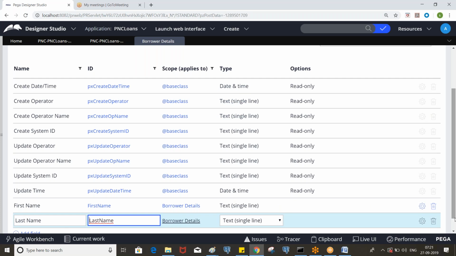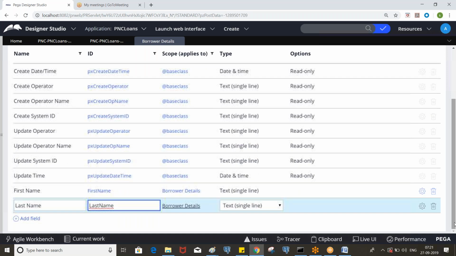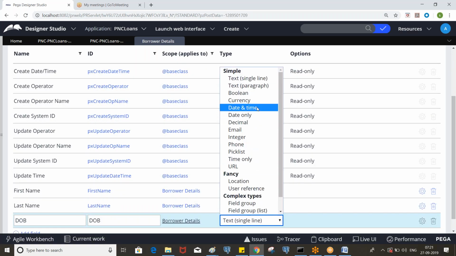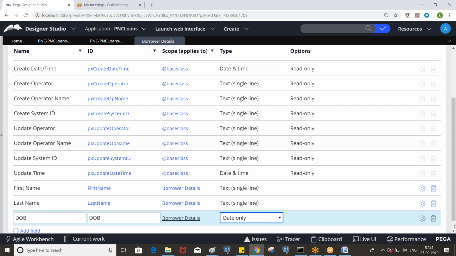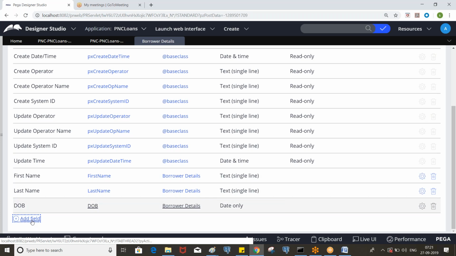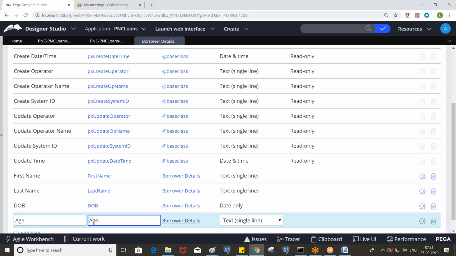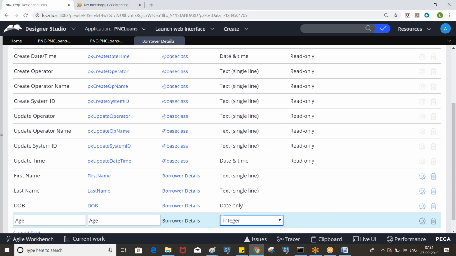And let's create a property called DOB, date of birth, which will be a date time or date only. So you can select date only, so that you will have a date control where you can select your date of birth. Okay, and age. So age will be integer, and age has to be populated based on the date of birth. Okay,